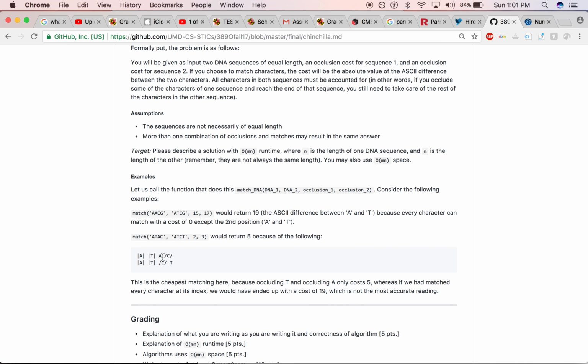What we also see for this one is that it will also return 5, because the matching value, which is 19, is higher than the occlusion cost of the two. So therefore, if we look